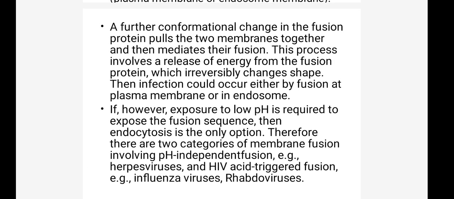So in short, this is the information about how these viruses enter the host cells, that is, the receptor mediated endocytosis of these viruses inside the cells, which is an initial step for developing the disease within the host cells. It is the first initial step in viral multiplication.